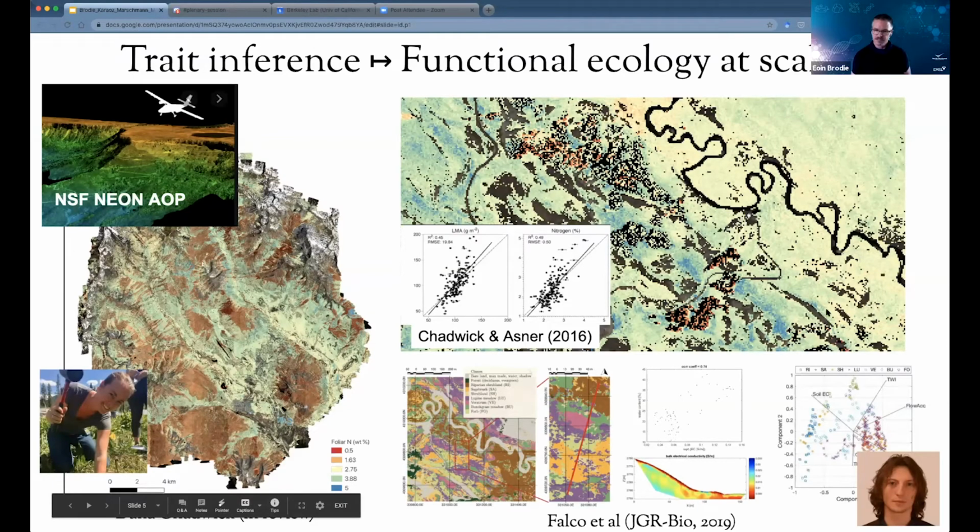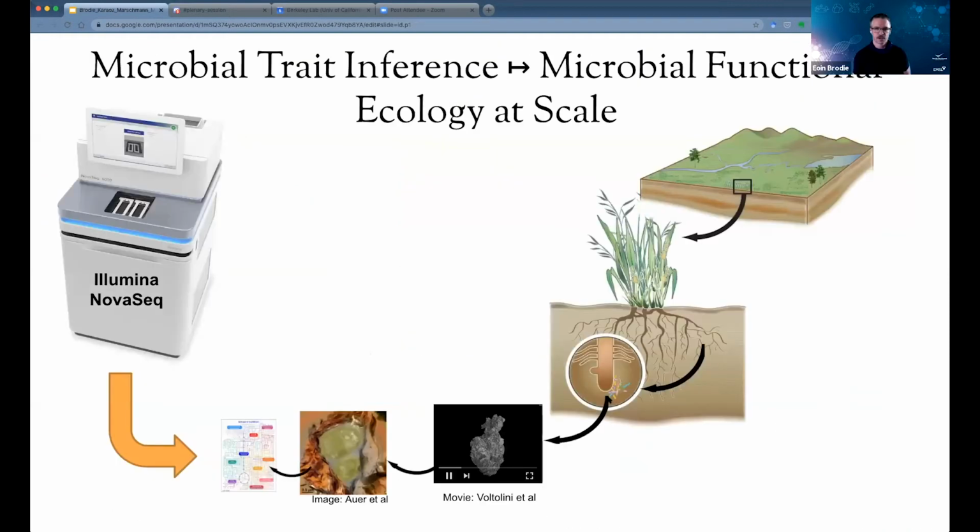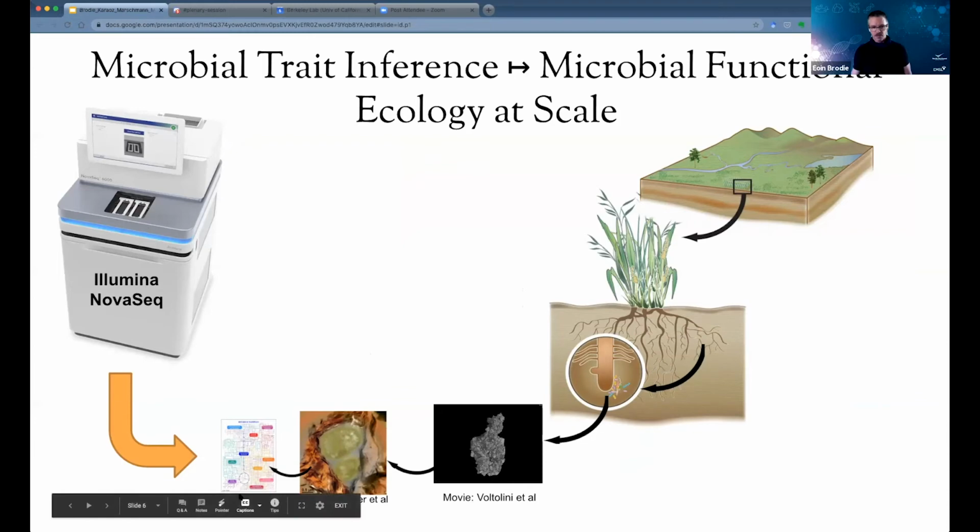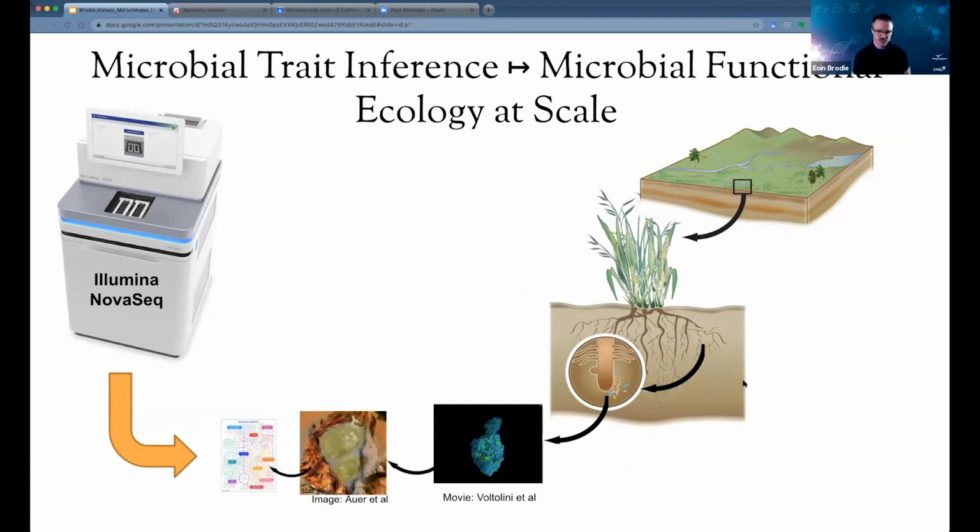And that's ideally what we'd like to be able to do with microbial trait inference, be able to test theories across scales and then see, do theories evaluated at this hill slope multi-meter scale, do they also appear at watershed or multi-watershed scales? So for microbial trait inference, we're kind of doing the same thing, except our lens is through the lens of a DNA sequencer. And we begin with complexity, and then we try and reduce this complexity as we move up through scales to explain patterns of microbial assembly and their contributions to ecosystem processes.